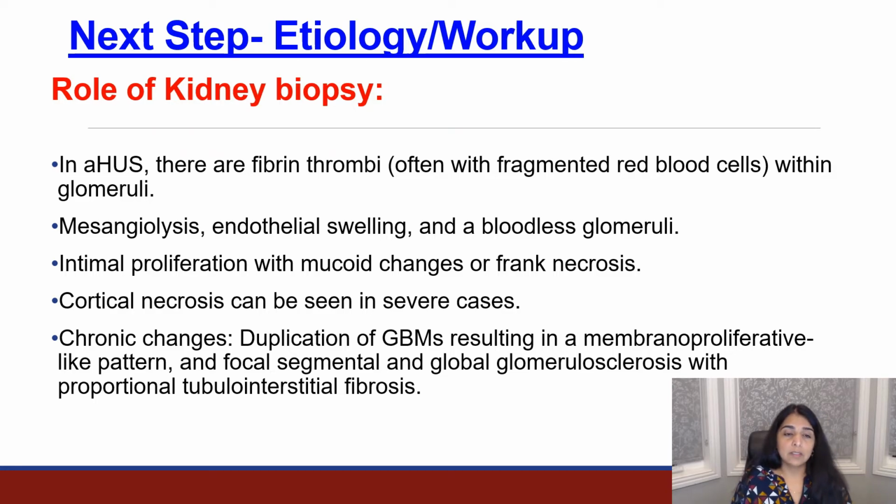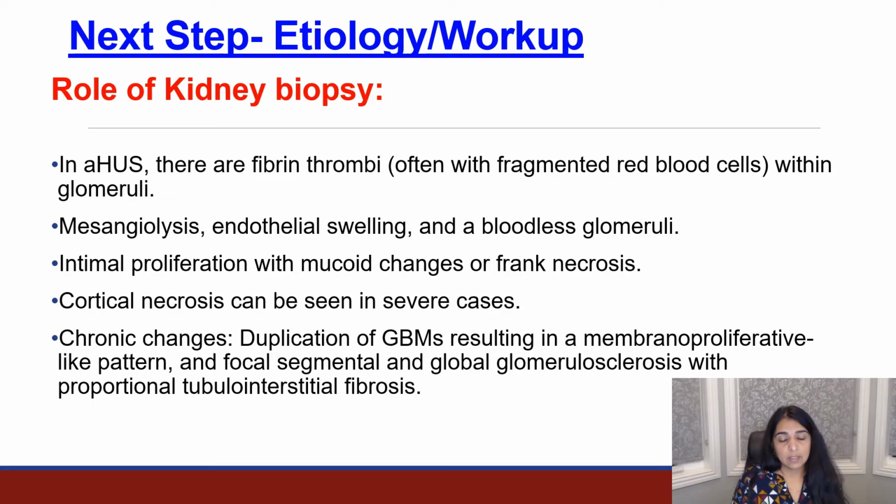Now, at this point, just to quickly recap what we've discussed so far, we have a patient, we know she has a TMA, she has an underlying diagnosis of an autoimmune disease, and we are trying to figure out if this is a secondary TMA versus a primary TMA. So far, given that her PLASMIC score is high and she doesn't really have risk factors for scleroderma renal crisis, it seems like there is probably a primary TMA process going on.